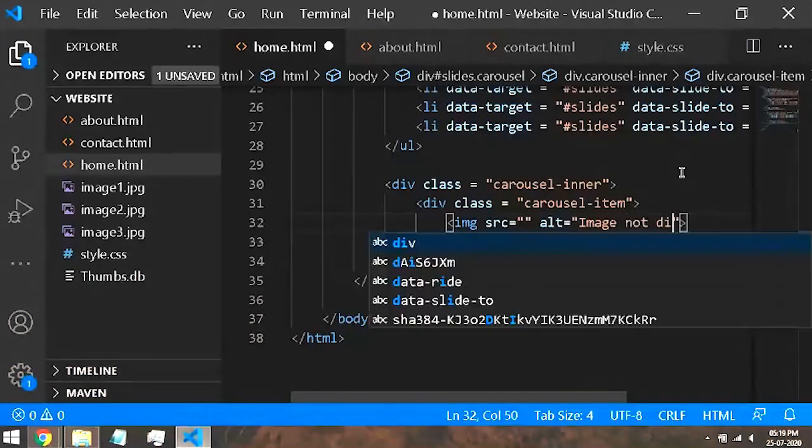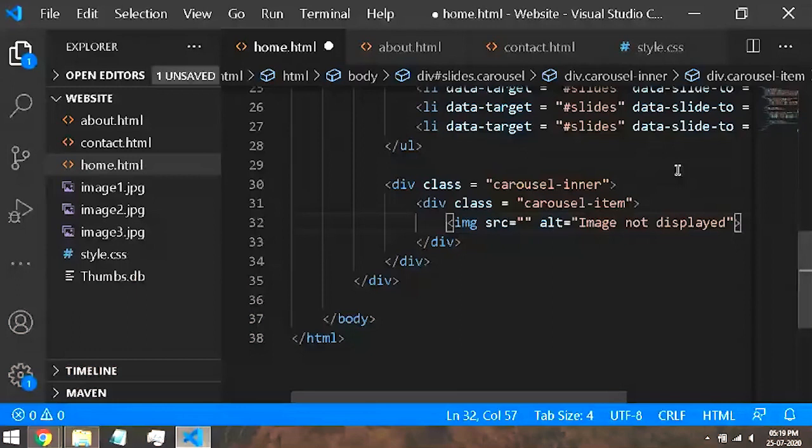It will say image not displayed. If I don't do this, then there will be nothing on the screen. So this is done just to let the user know that there was supposed to be an image. Normally this doesn't happen nowadays, because all the engines are able to handle all the types of images. So we don't really need to worry about this, but still it is a good practice to have, just in case someone is using a very old device.